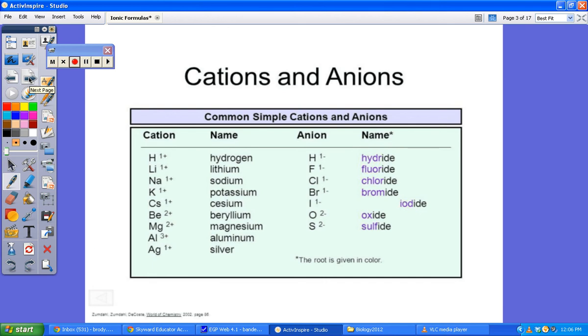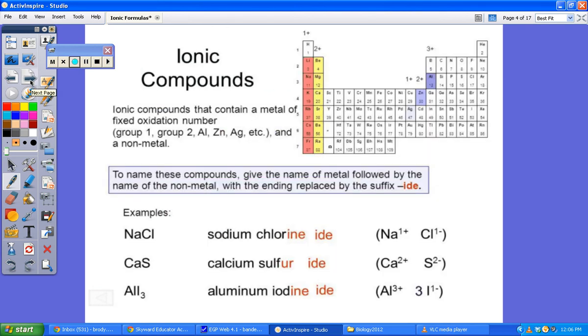Notice the anion names, the negative ones, all have an IDE ending. That's an important part of this. The cations, the positive ones, don't change. So hydrogen is just hydrogen. Lithium is just lithium. Whereas if you go to chlorine over here, it's actually called a chloride ion. And so the rules with this is,